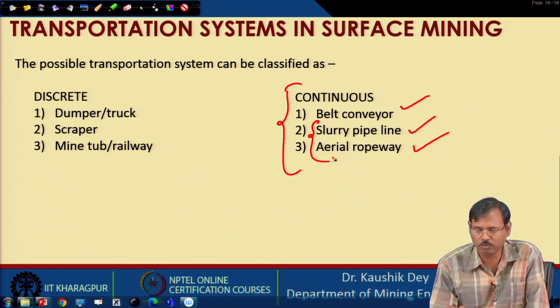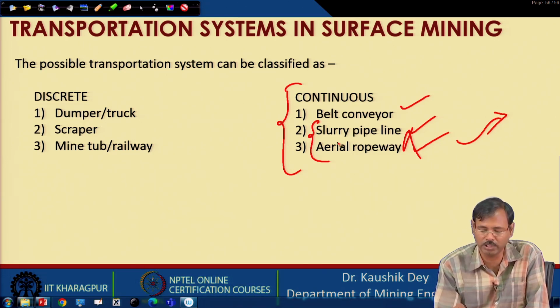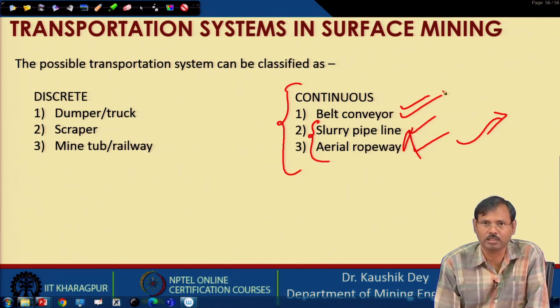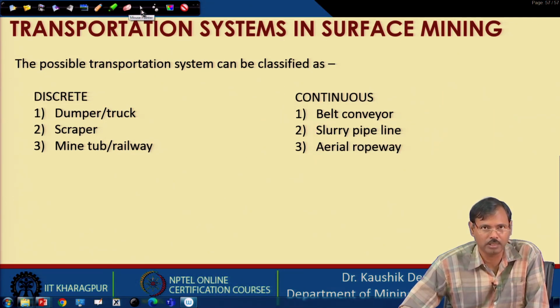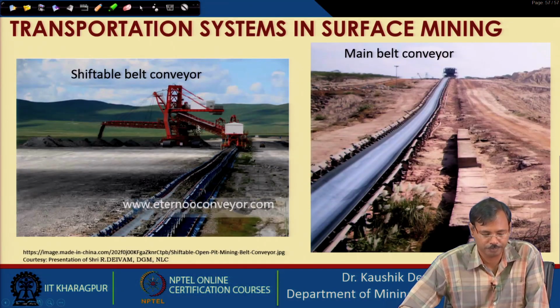So, these are not very common as a mining transportation system, though it is technically possible, but there are some other constraints which are basically arresting their use. These are transportation systems carried out post plant use, but in mining these are not used. But in some cases in mining, conveyors are found as a transporting system in the mine itself. So, these are a broad classification of the transportation system in the mine.